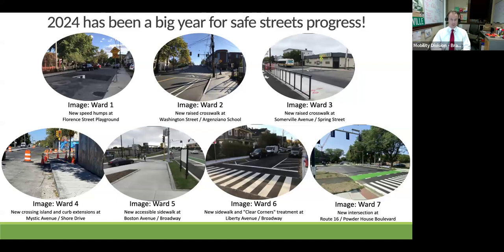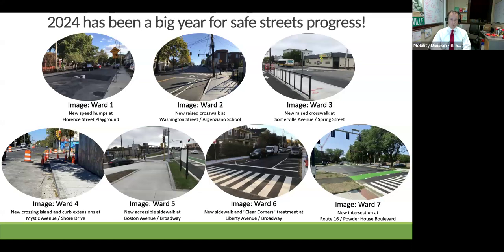We all observe crashes and near misses in our daily and weekly routines. You may have seen an important article published by the Boston Globe this week describing the crisis in safety on the streets of the city of Boston and some of the common strategies that cities like Boston, Somerville, and many others are using to improve safety on our streets.